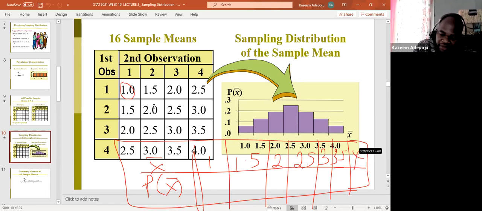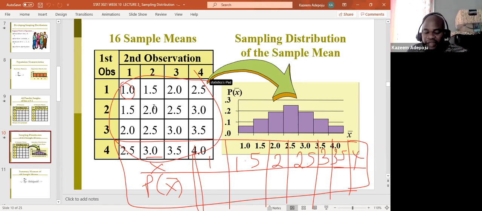When you take a look at what I have here, the smallest value is 1. The largest value is going to be 4. Take a look at that. Now, what I'm constructing right now is a probability distribution. We're no longer talking about the probability distribution of random variable x, but the probability distribution of the mean of the means. We got different kinds of means. The probability distribution of different kinds of means is what we call sampling distribution.